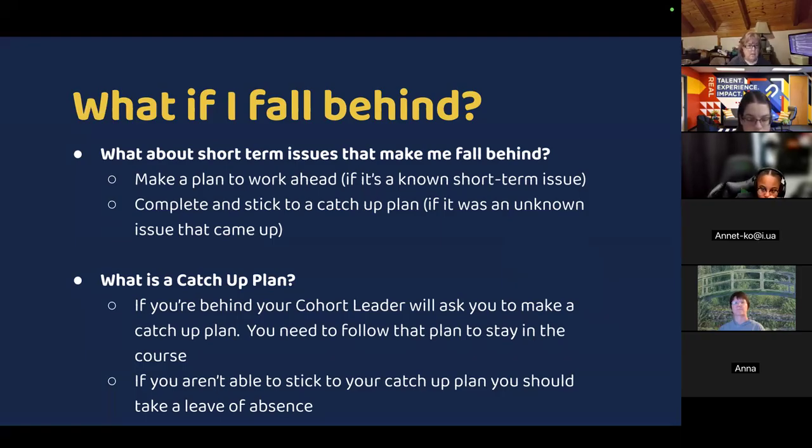Is that the next slide? Yes, yeah. I'm gonna screen share really quick. I just wanted folks to have a visual on